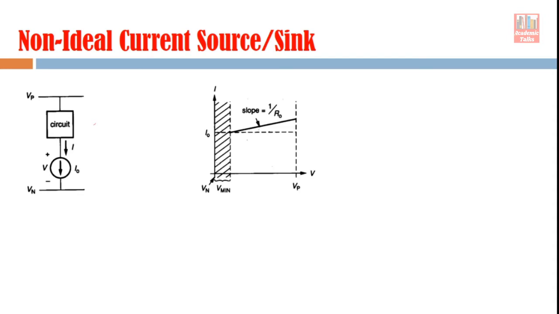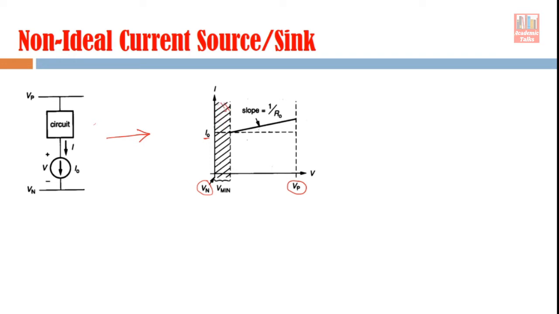But practically, if you plot the characteristics for this system, they will look like this. On the x axis there is V, and on the y axis the current passing through this source or sink, I naught. On the x axis, V n indicates the most negative potential, and this is the most positive potential. The most positive potential is on the right side and the most negative potential is on the left side. That is normal practice. Here you can see there is a range, the shaded portion.